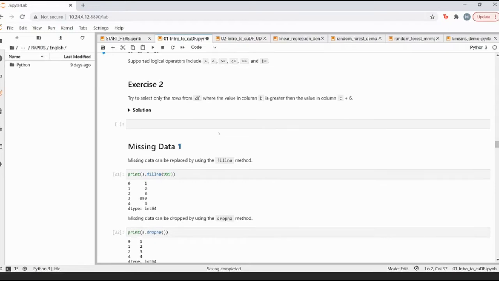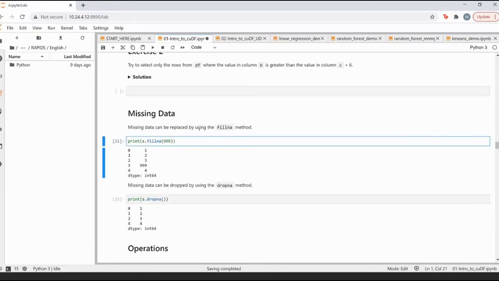The third part is how do you fill the missing data, right? So you have these different functions called fillna, which basically means fill NaN values, which is not a number, with the value that you put in here, right? And sometimes the best way of doing this is you can either use mean or probably the median, based on how you're planning to fill in the missing values.